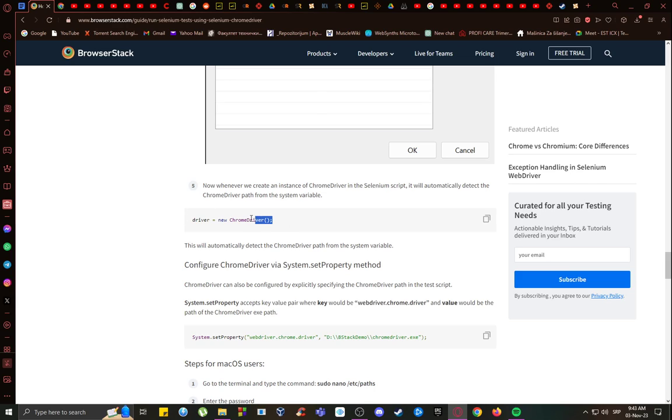What you need to do is only just to create a variable named driver equals new driver or new Chromedriver. This is the class that it uses, and yeah, you really don't need to do anything else except that, and